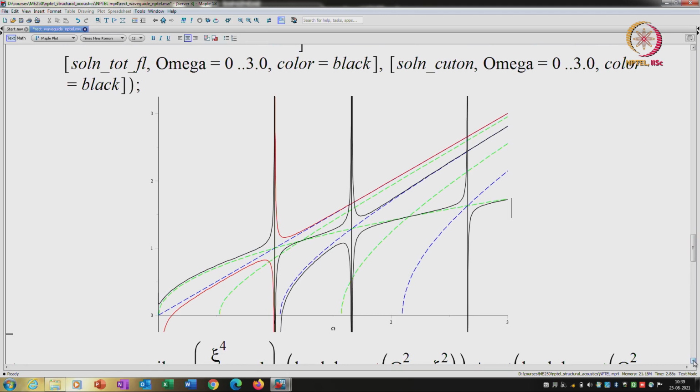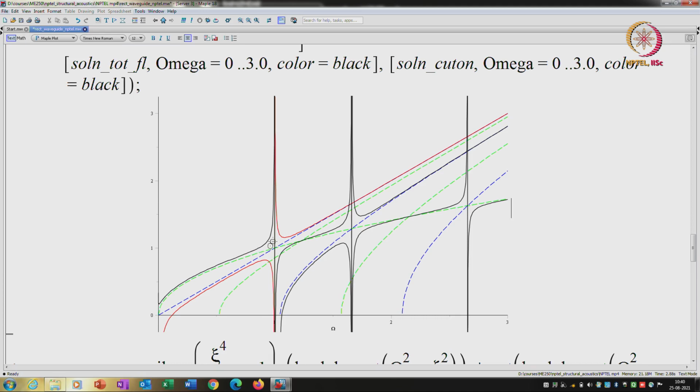So let us see here, the blue dashed line is the plane wave, this blue line is the first rigid cut-on, this blue line is the second rigid cut-on. This first green line is the uncoupled flexure, this is the pressure release we just spoke about, this is the second pressure release we just spoke about. Okay. So the coupled flexure is just above below coincidence, then